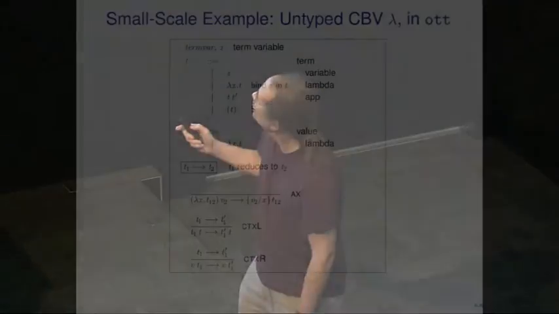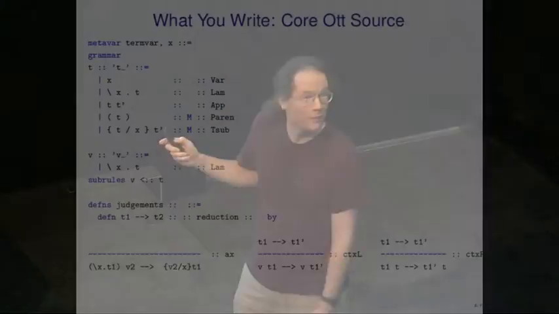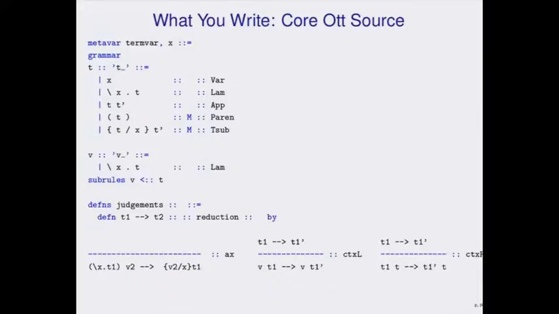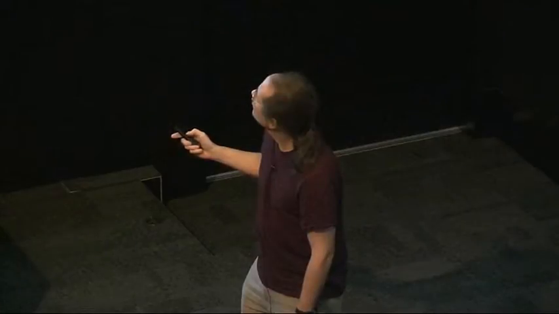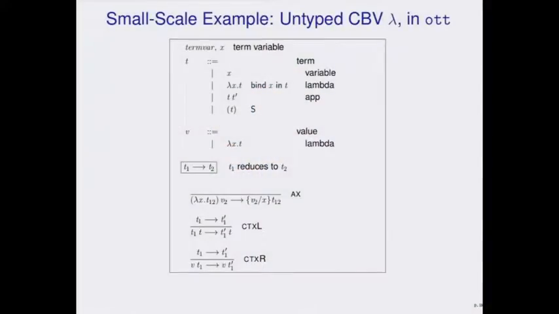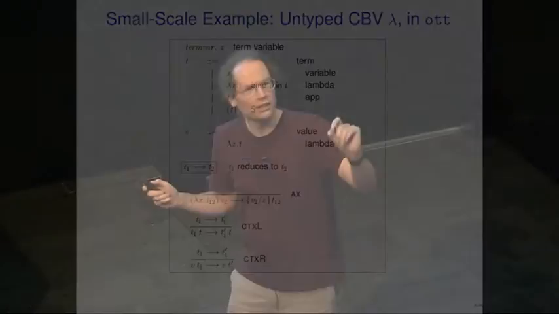Can you go back for a moment? Yeah. Can you go forward? Yeah. I don't believe that. Where are the words value and term and so forth in that file? You have those annotations on the right. Term, variable, lambda, app. You get a silver star for paying attention, and we will add those in just a couple of seconds.